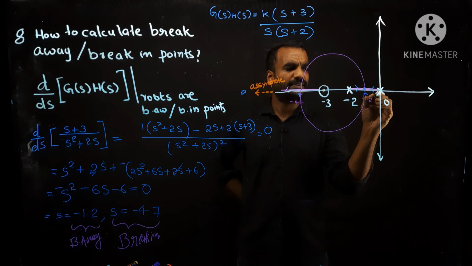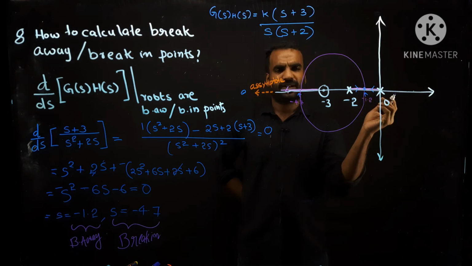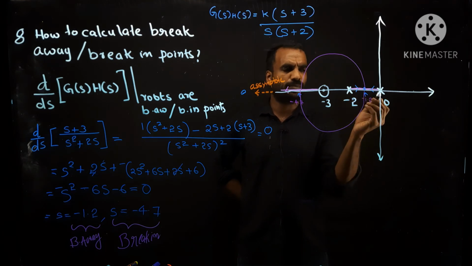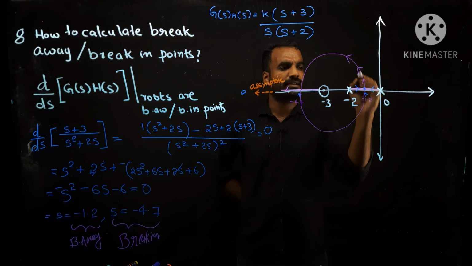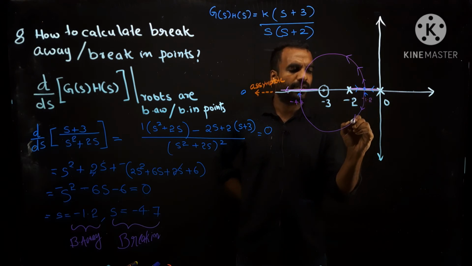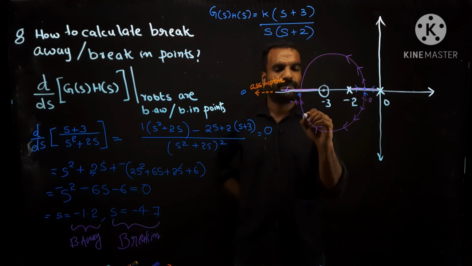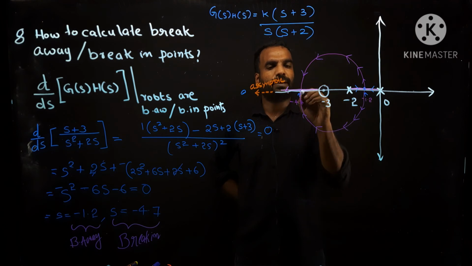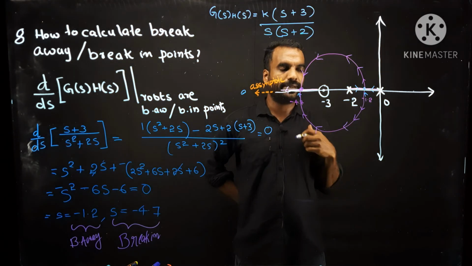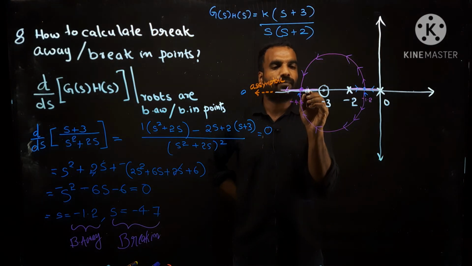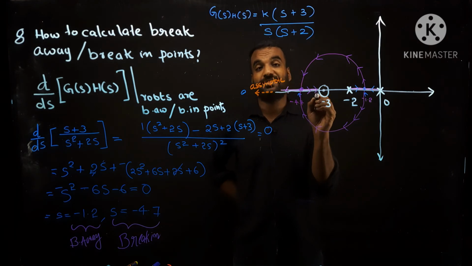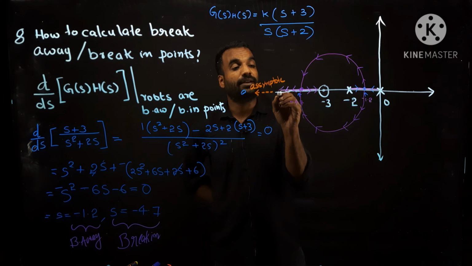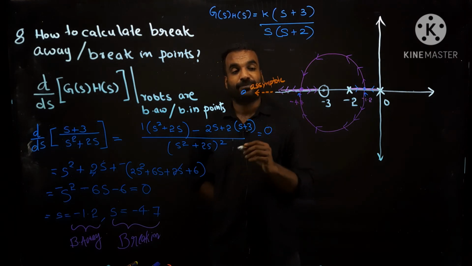Suppose this is the first pole, or we can consider both the poles. It will meet here and this one will meet here. One of them will go towards this direction and the other one will travel towards this direction. And they will meet at the break-in point. One of them will go to this zero, this is a finite zero, where the other one is ready to go up to infinity.